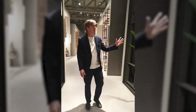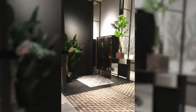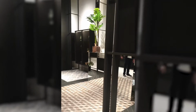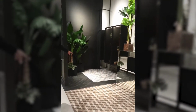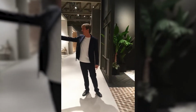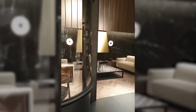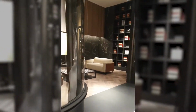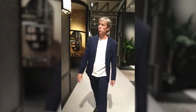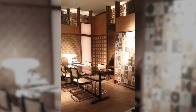So what we have here, we're showing the Seine collection here, and this is like a hotel reception. So we've got the hotel reception here showing the Seine with all the decorative patterns. This is a hexagon. We've also got some 15 by 15s there, again rectified. And then over here, we've got like belonging to the hotel lobby, if you like. So yeah, something interesting. And then here on my right, what we've got here is the pop collection, the first